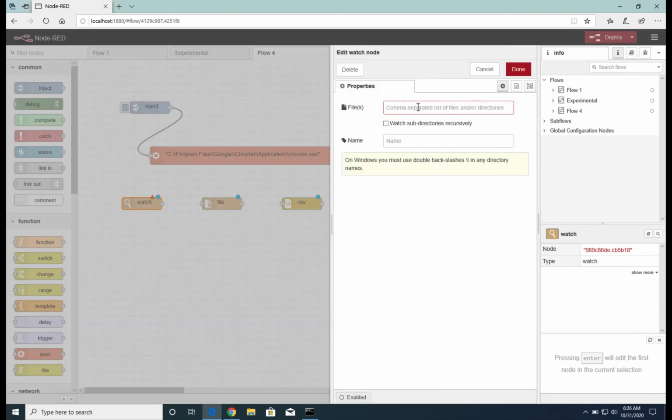And then we'll just wire them up later, but what we'll do is we'll start by configuring the watch node, and what we want to do is to have NodeRed watch the test results file so that NodeRed gets fired up when the results file is updated by UI.Vision. Okay, so notice I'm pointing to that file, and also notice the backslashes must be converted to double backslashes in NodeRed. Okay, we'll give a name to the node, watch for test results file to be updated. Okay, we'll click done,